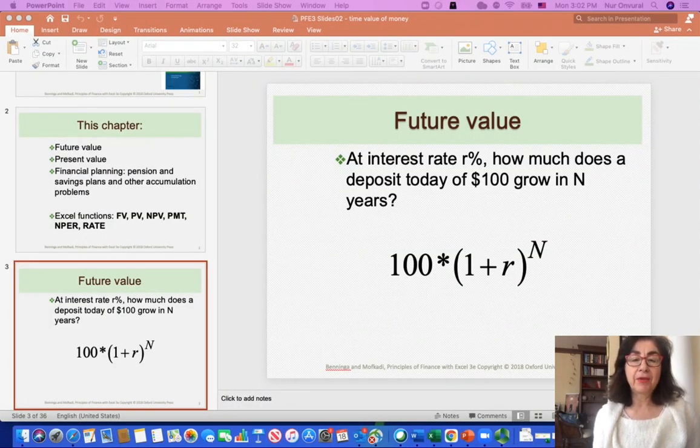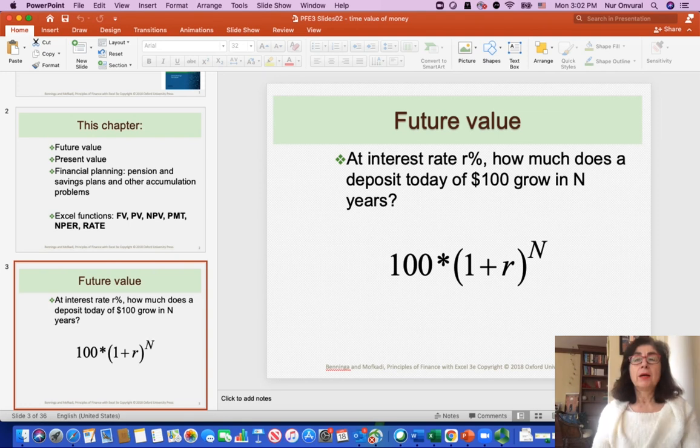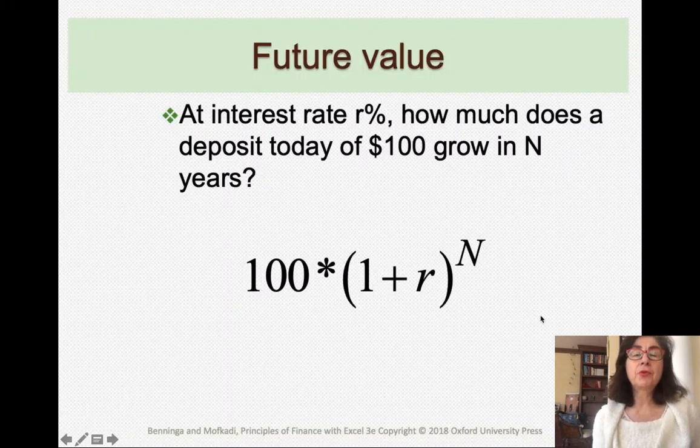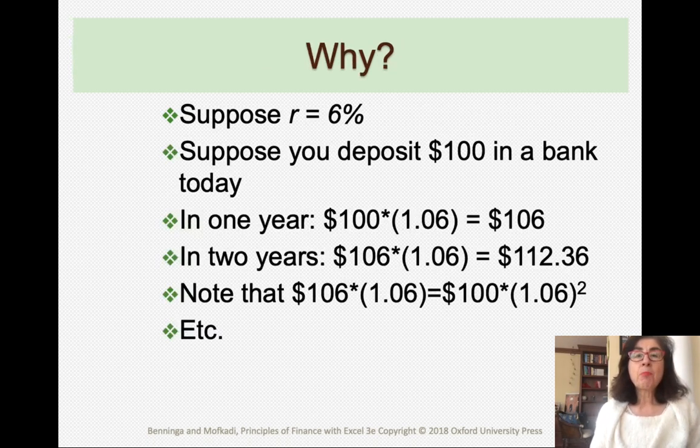Hello, in this video, let's look into future value with Excel. As you know, the future value is equal to the initial deposit multiplied by 1 plus r raised to the nth power. And if you have a 6% interest rate and you deposit $100 in a bank, then you know that in 1 year you will have $106, in 2 years